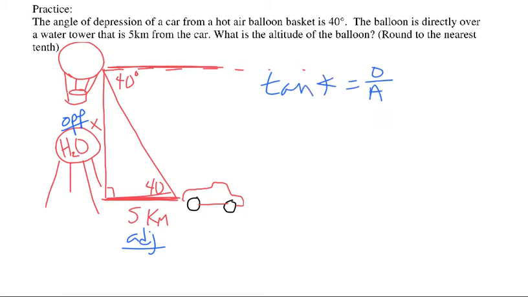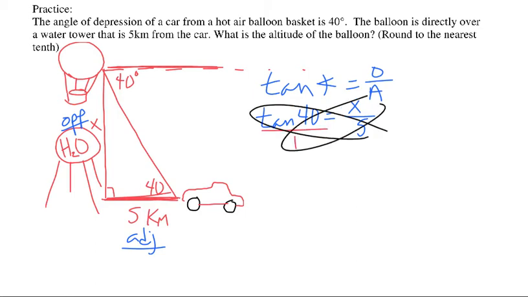So next we need to plug our values in there. So we have tangent of 40 equals our opposite, so our x, over adjacent, which is our 5. We need to set up to cross multiply, so put it over 1, and then you can multiply the opposite pieces together. So 1x equals my 5 times the tangent of 40, and since 1x is still just x, this part I need to type in the calculator, and with that I get